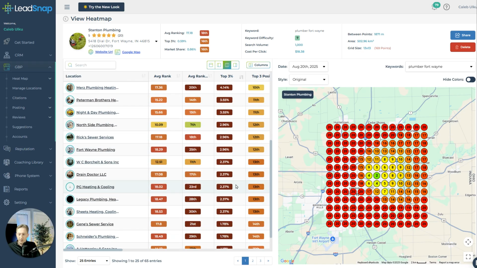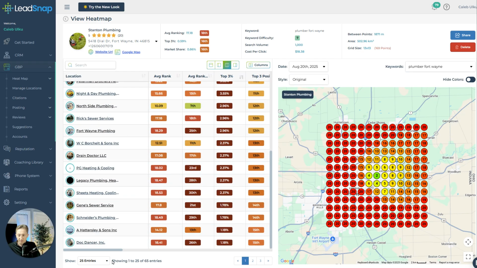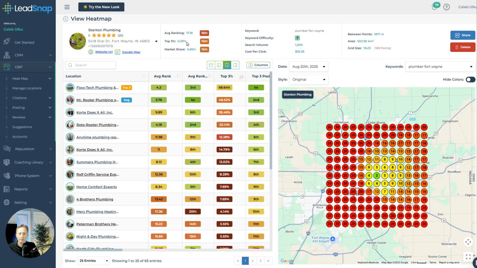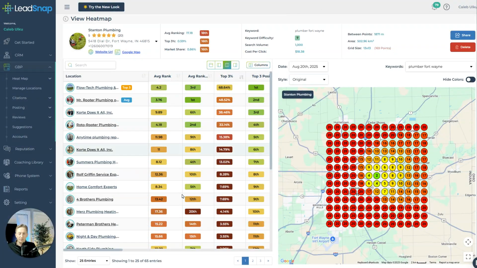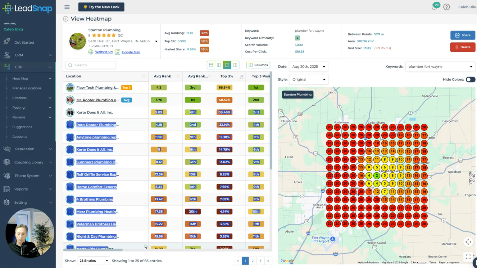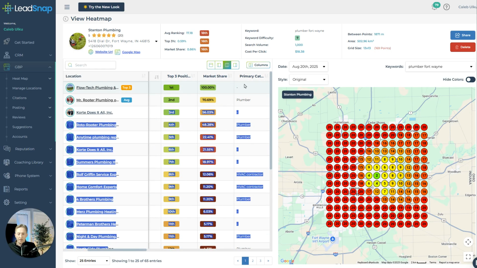in the top 3. You can see this particular business is not in the top 25 for top, or maybe it is. It says here then 16th. So anyway, I don't see them straight away, not a problem. So their average rank position, they're in 18th in this area, top 3%, they're in 16th, and then market share is 16th also. Market share is basically, we've talked about this before, where it's really, really hard, almost impossible, to